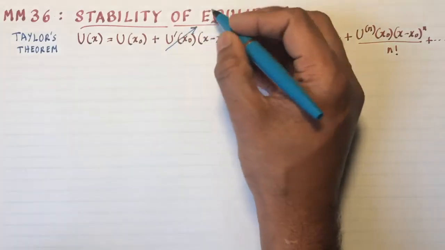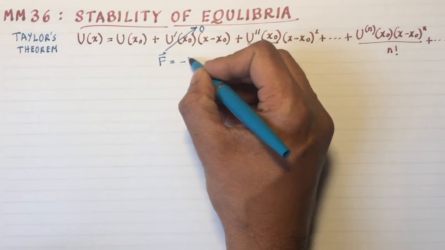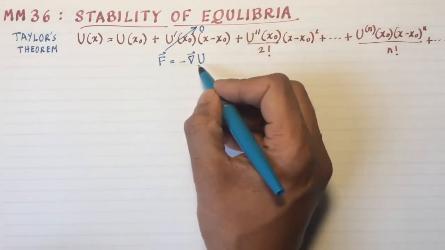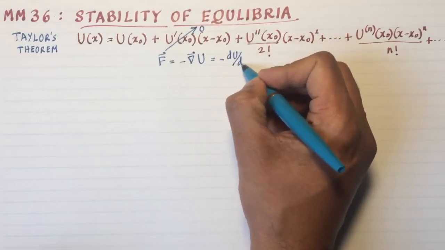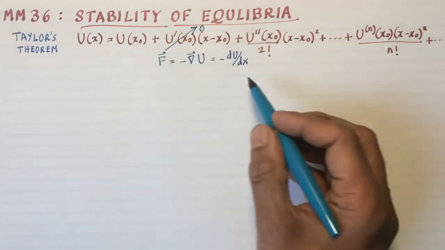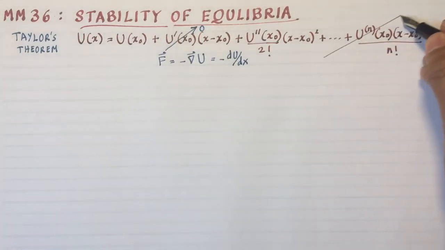the negative derivative of the potential is the force, because F equals minus gradient of U. Now, even though I wrote this as gradient, in one dimension it just reduces to negative dU by dx. This, by the way, applies in any number of dimensions, and I have provided the generalizations in my notes using Morse theory. But for this video, we'll just stick with one dimension because the discussion is rather simple in one dimension. Now, we are also going to assume that higher order terms go to 0,